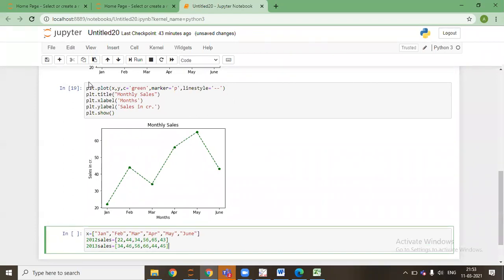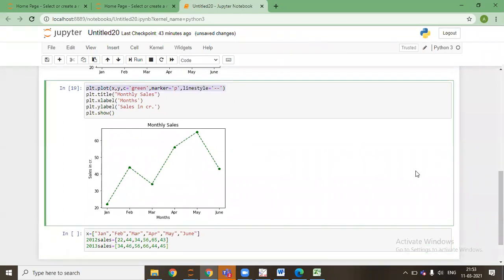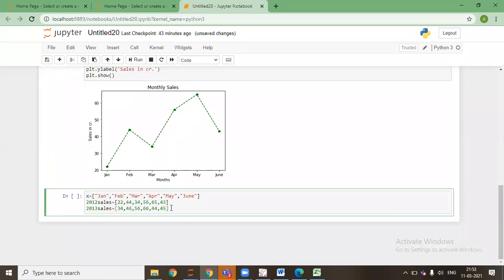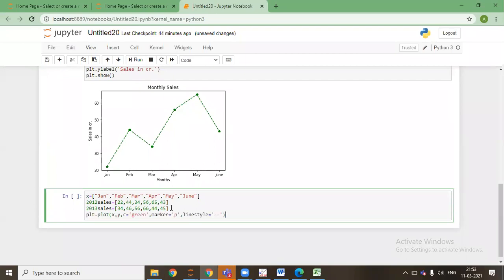I'll say plt.plot with x and, instead of y, 2012 sales.